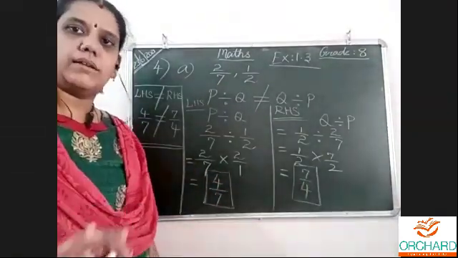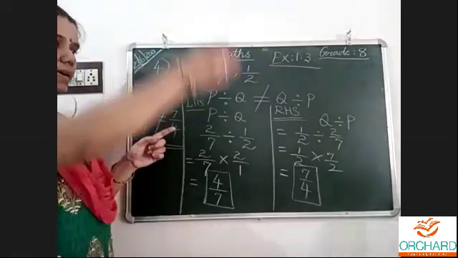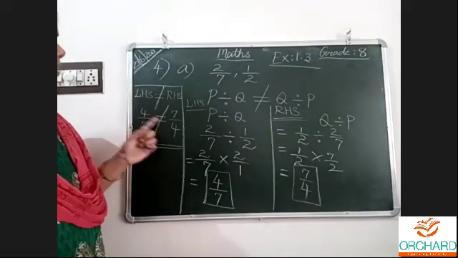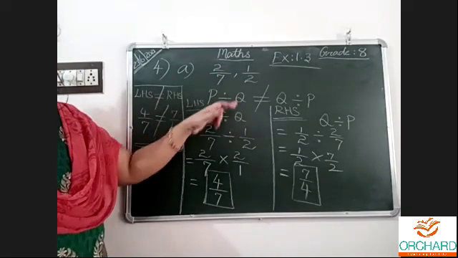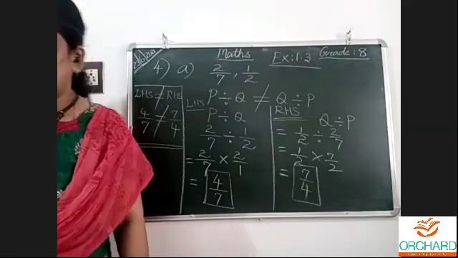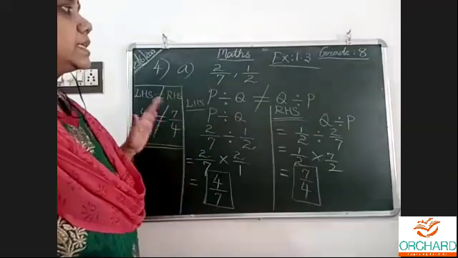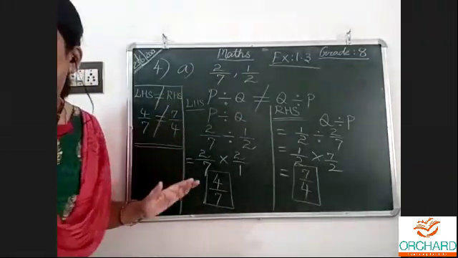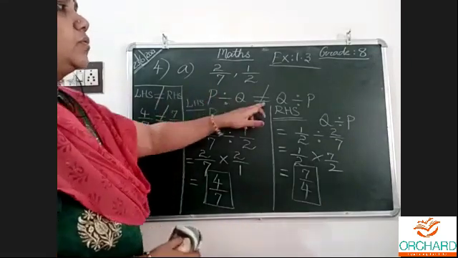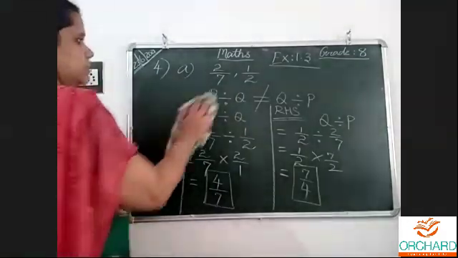They are not equal. So LHS is not equal to. When I write an equal sign and cut it, it is called not equal to. So this number is not equal to this. It is proved. Hence verified. Like that I wrote in my material. So we have verified like that. Understood clearly? This is about the commutative property not holding true for the division of rational numbers.